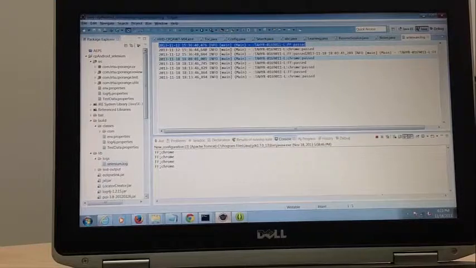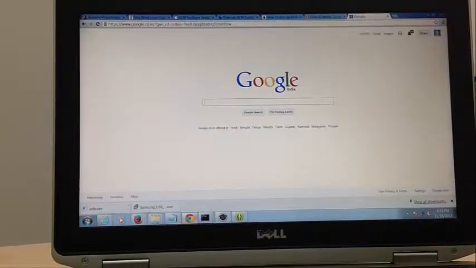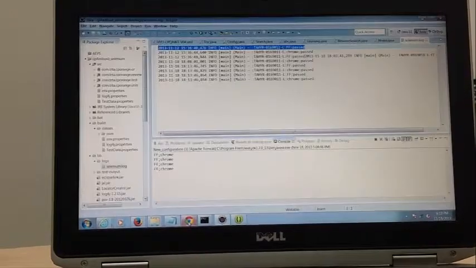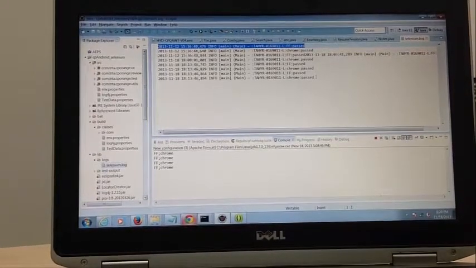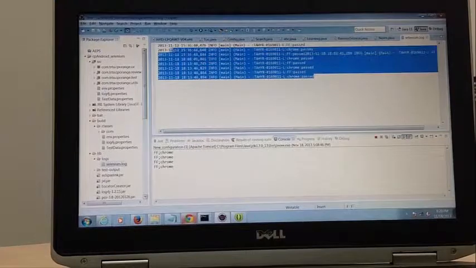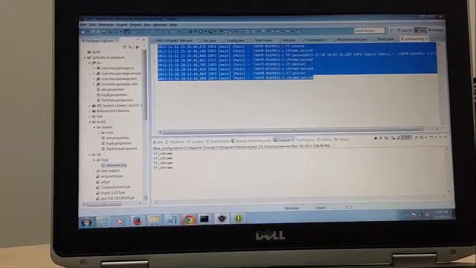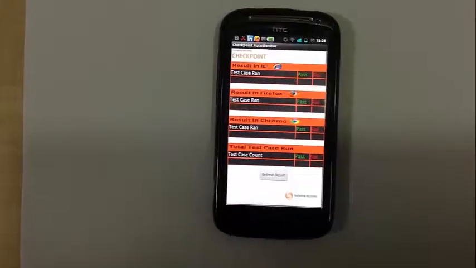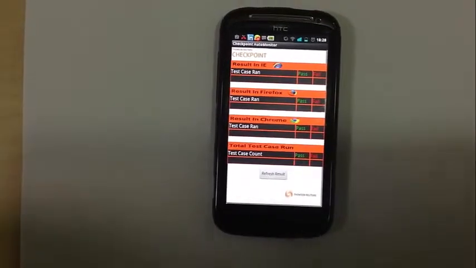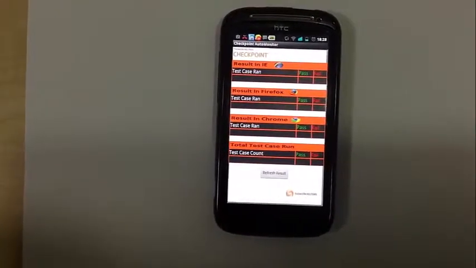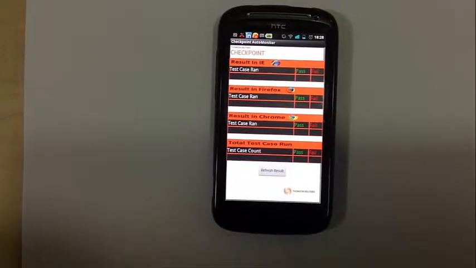The next test, the third test case, has started. So we are getting the result from the log4j file. The web service will read this file and bring the result back to the mobile screen. As you have seen, two test case executions are already finished on the server, and the corresponding results are logged in the log4j file.